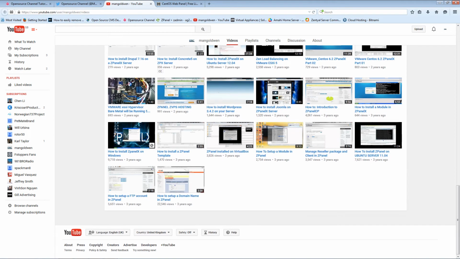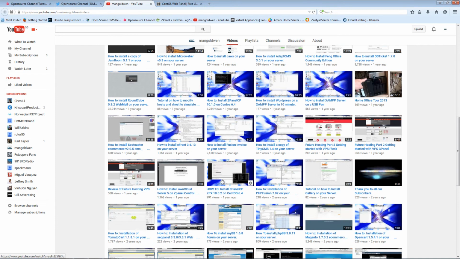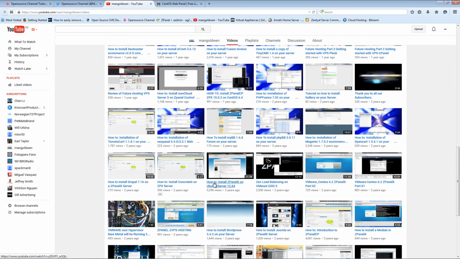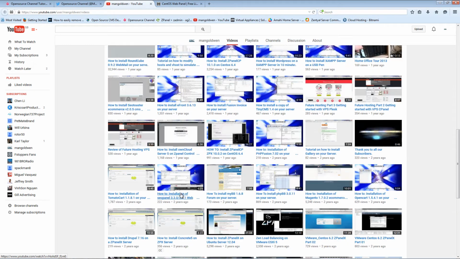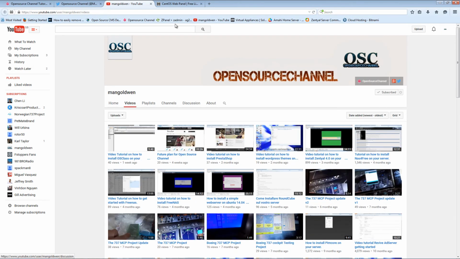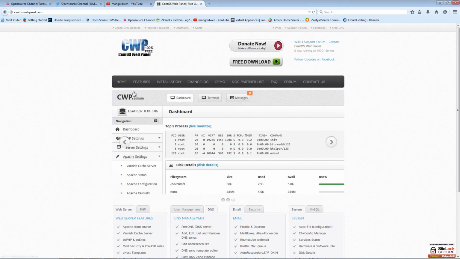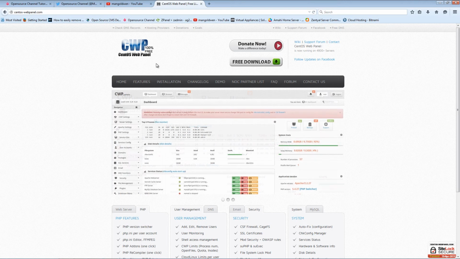As you remember, everything started many years ago when I started to show tutorials on how to install zPanel X. I think actually the first version was on zPanel on Windows. Then it was on Ubuntu, CentOS, and I think it was one version as well on VMware. Today we're going to do the same on VMware. We're going to use vSphere, and I'm going to show you how to install CentOS Web Panel on CentOS